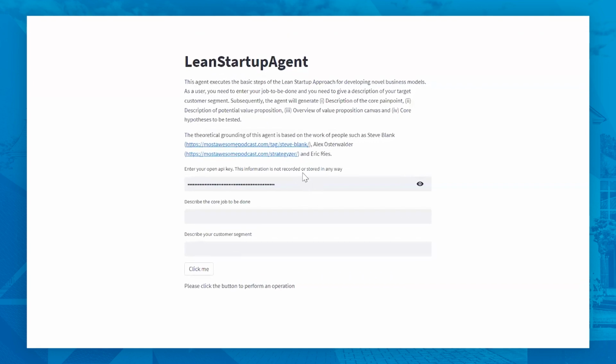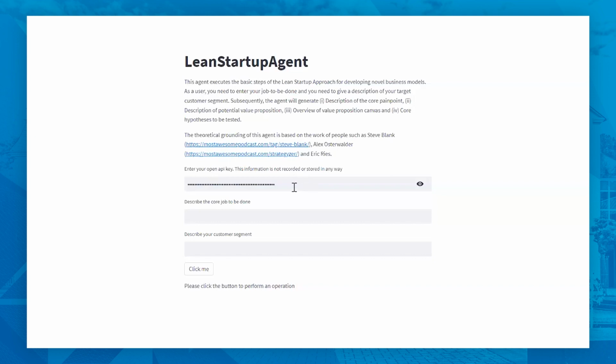You need to have, for this kind of application, an OpenAI API key. So here we are not using the interface of OpenAI. We are using their API. The API is a way that you can communicate with the platform, but you need a key. And this also costs you some money. Now, it's not much. For instance, for running this agent, it will cost you like 20 cents. So it's not that much money, but yes, you need to have a key and you need to pay for it.